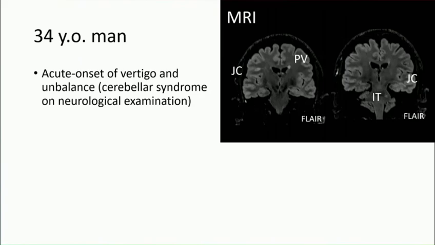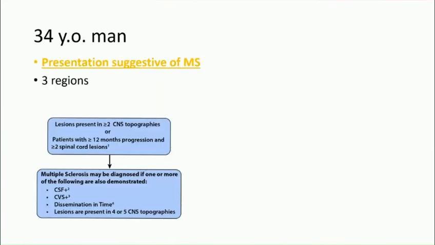So this is a case of a 34-year-old man with a cerebellar syndrome at onset, and on the first MRI we had lesions in juxtacortical, periventricular, and infratentorial regions. So 3 regions were affected on the first MRI, and we had symptoms suggestive of MS. So in this specific case, we have at least 2 regions affected, and we can get to the diagnosis with